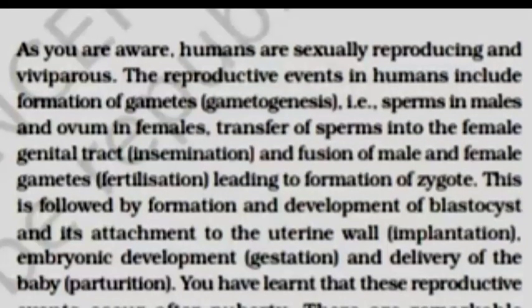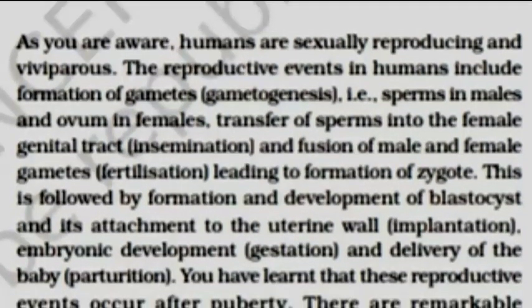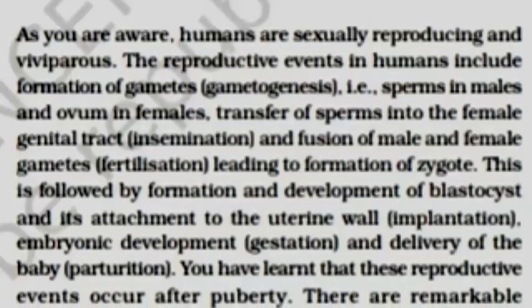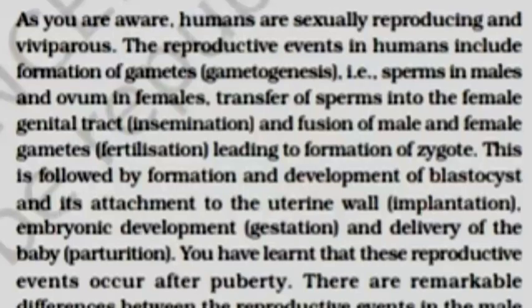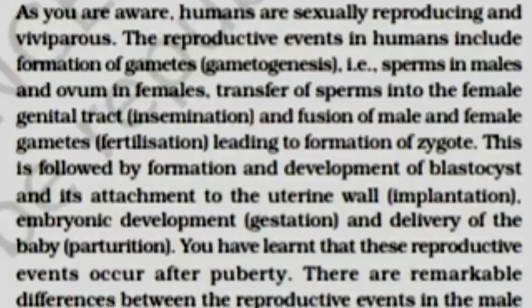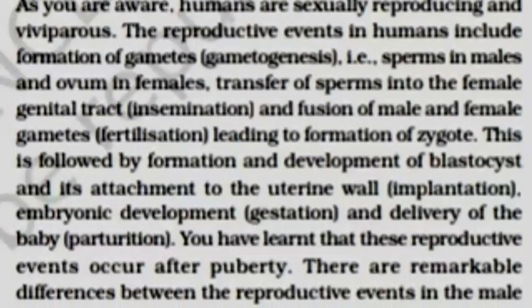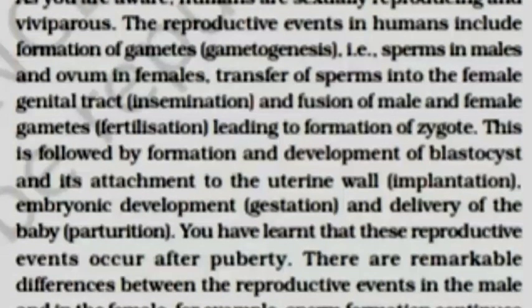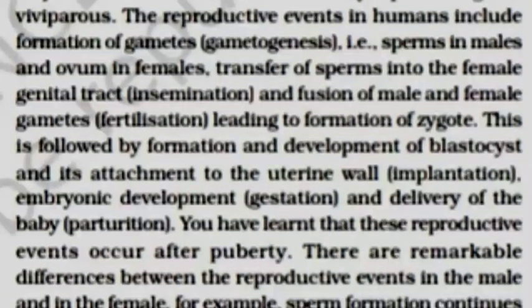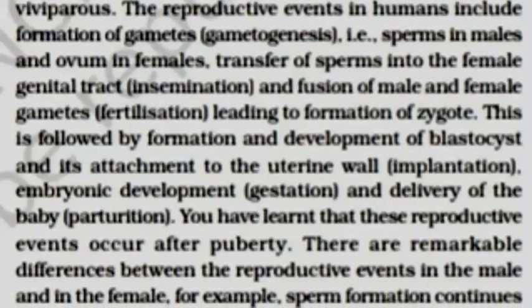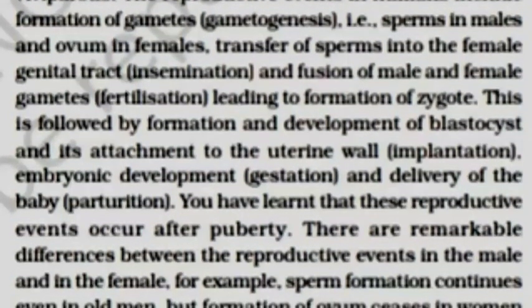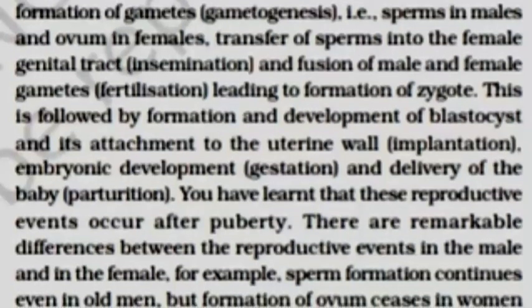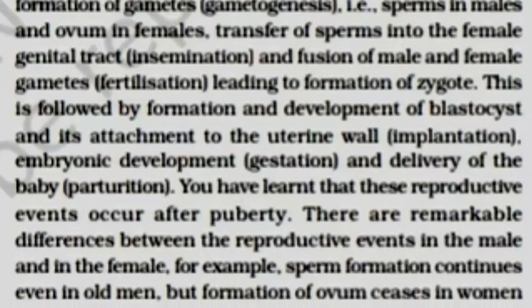Human reproduction. As you are aware, humans are sexually reproducing and the reproductive events in humans include formation of gametes, gametogenesis, that is sperm in male and ovum in female, transfer of sperm into the female genital tract, insemination, and fusion of male and female gametes, fertilization, leading to formation of zygote. This